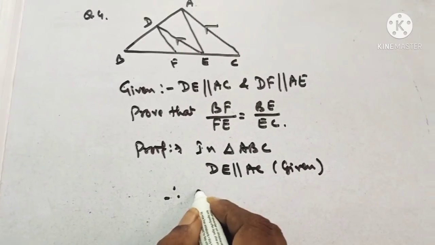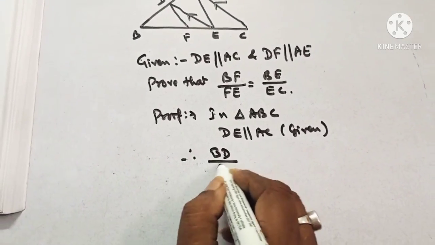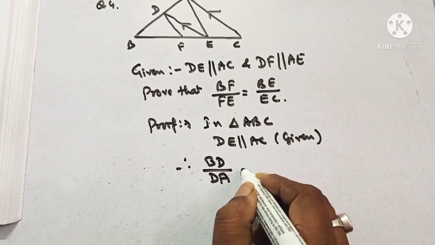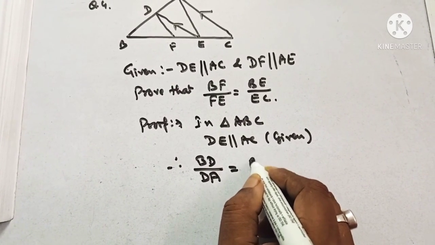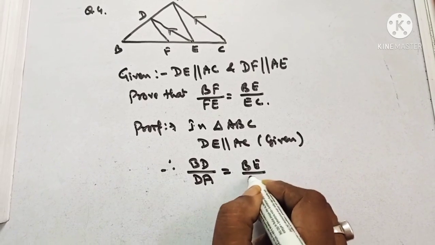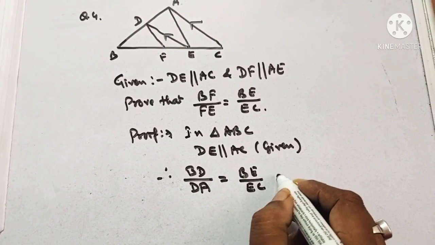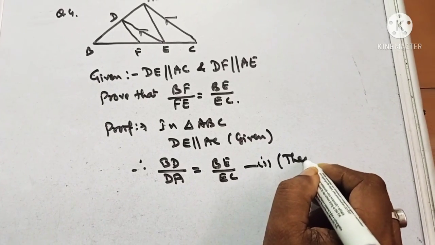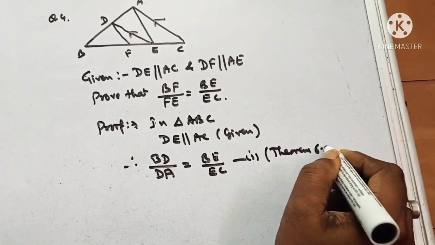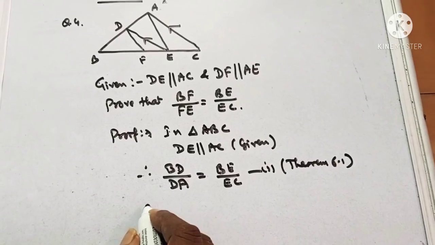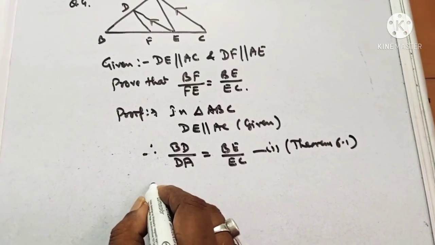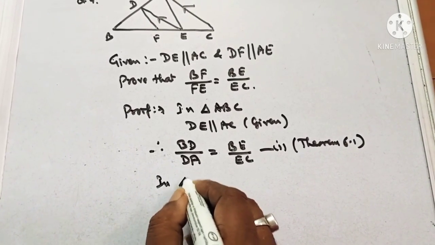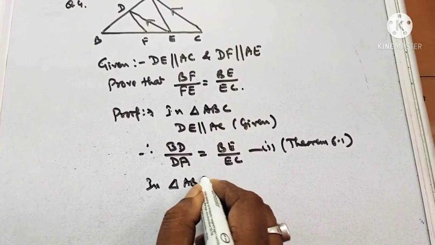Therefore, BD by DA is equal to BE by EC. This is equation 1, and we get this from theorem 6.1. Now again, in triangle ABE,